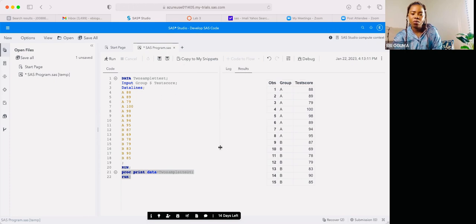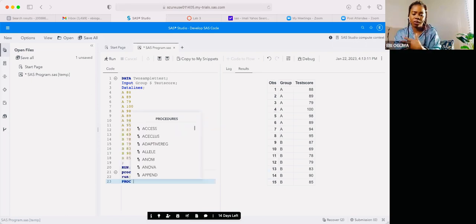So now let's go and analyze our data, let's say the mean, median, standard deviation, our cumulative frequencies and all that, the frequency table. So if you want to get our frequency table, we click enter so we can go ahead and say proc Ttest because it's Ttest. So we do proc. Like I said, you can use caps lock, you can use lowercase. So proc Ttest